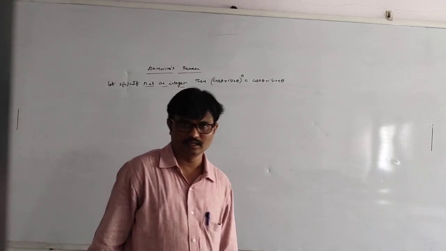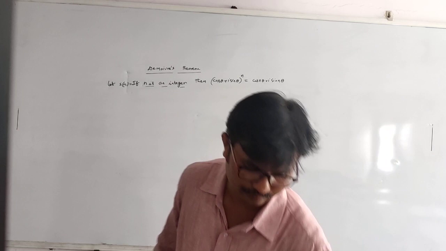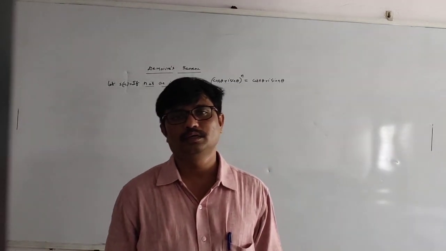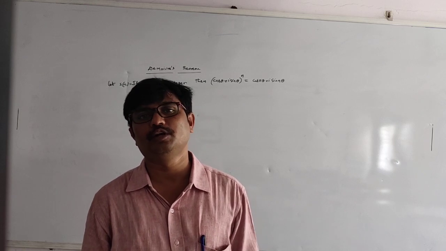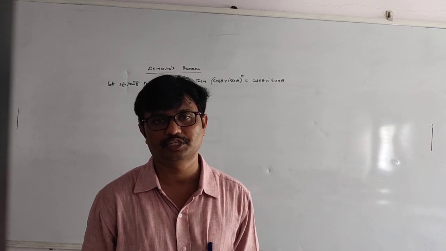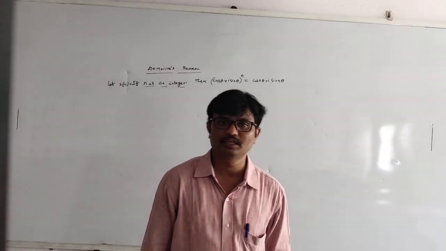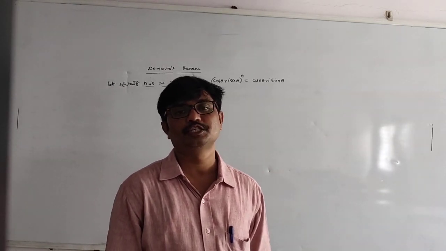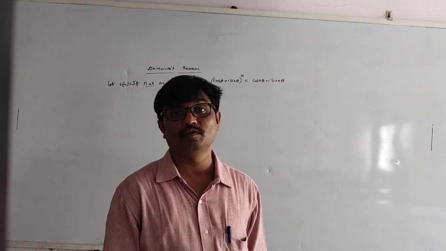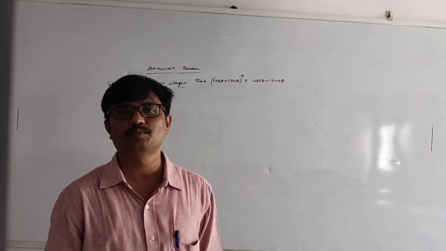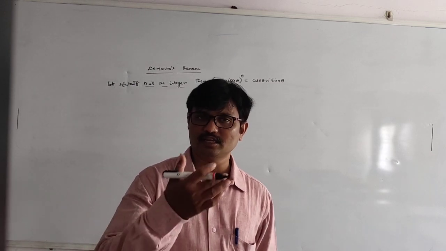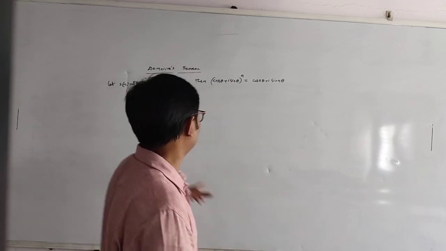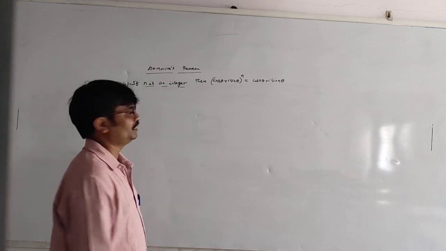We know that by using mathematical induction in first year, we show S of 1 is true. Assume that S of n is true for n equal to k. After that, we have to prove that S of n is true for n equal to k plus 1. By the principle of mathematical induction, S of n is true for all n belonging to N. But here it is given that n is an integer.